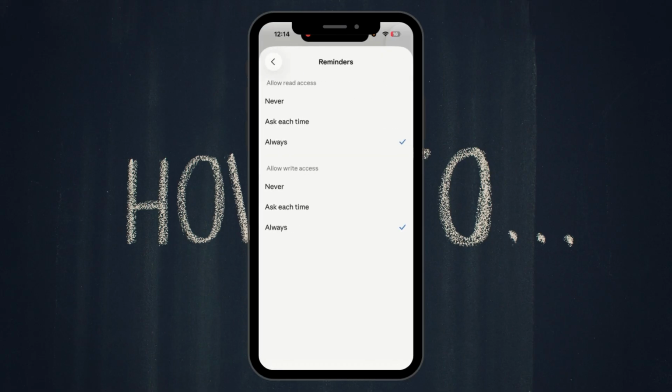So this is the most important step. As you can see, both read access and write access may be set to ask each time. While this works, it is not the ideal setup. So to fully enable reminders, change both read access and write access to always. So set it to always, just like so. So this allows Claude to create and edit reminders instantly without requesting permission every time, making the experience much smoother